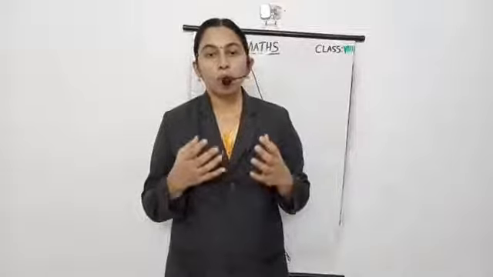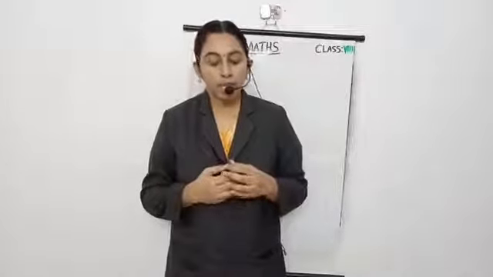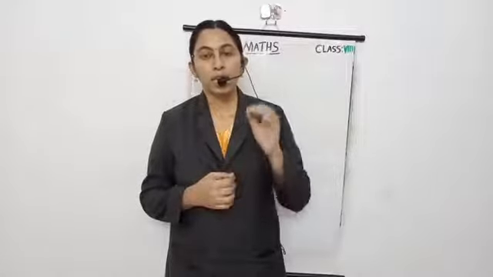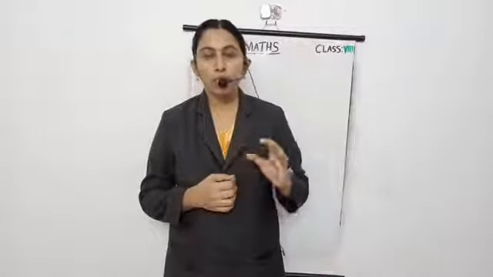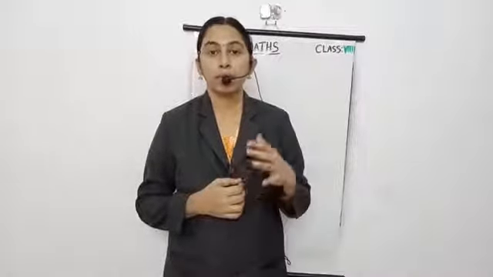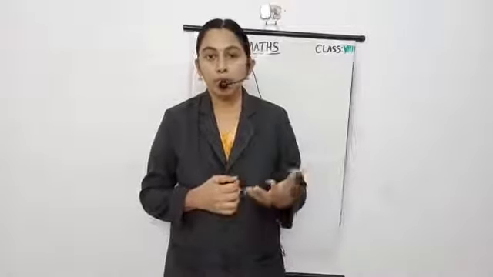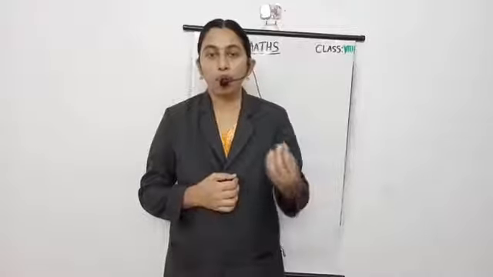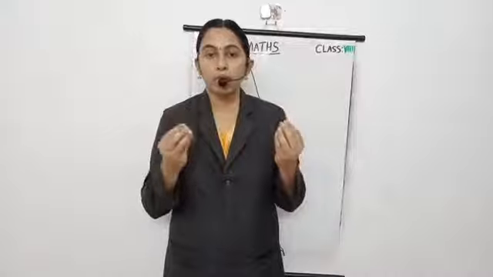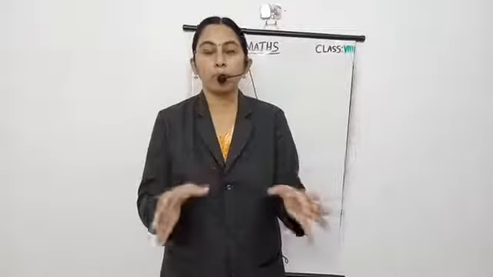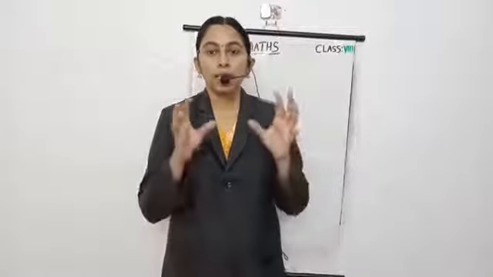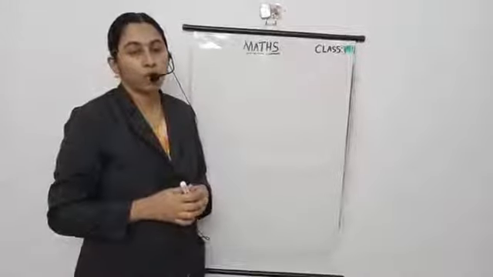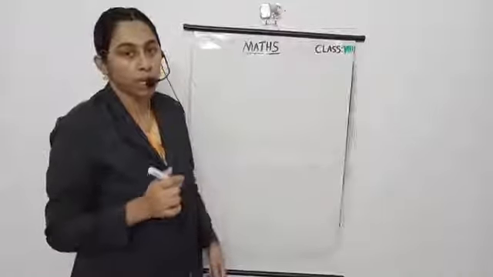Now what is simple interest? In simple interest, the principal amount does not change. What is the principal amount? The principal amount is the amount we deposit. If we deposit 5,000 in the bank or in the post office, then that fixed amount is the principal amount. So we have a formula for finding simple interest.